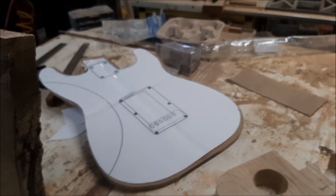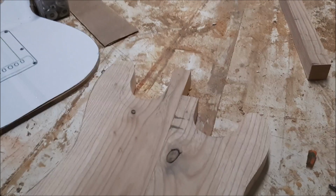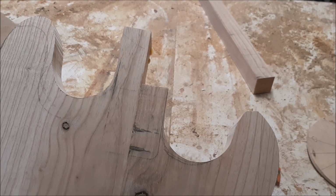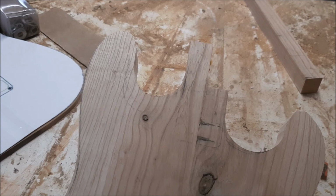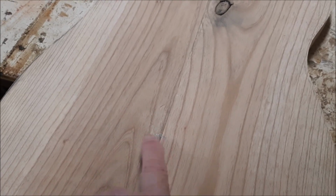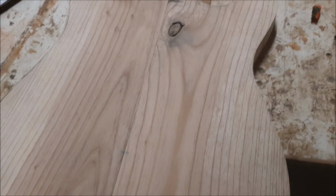Anyway, I'll show you more. And that's what you come up with. So I've got some fine tuning to do and figure out how I'm going to cut the pocket for the neck. And exact placement of things. This is not right now, but